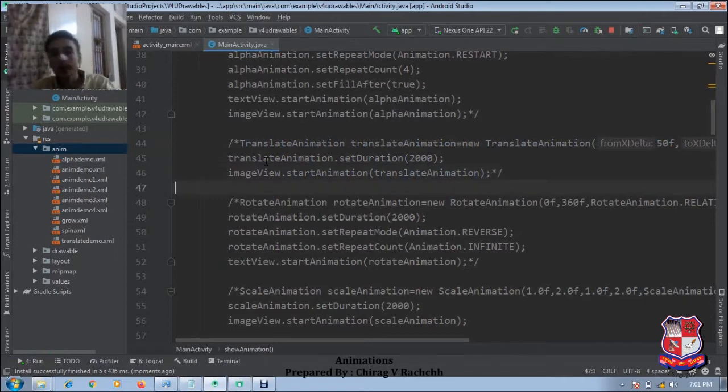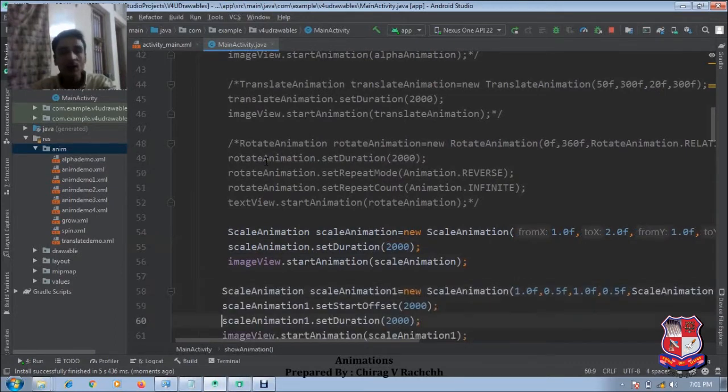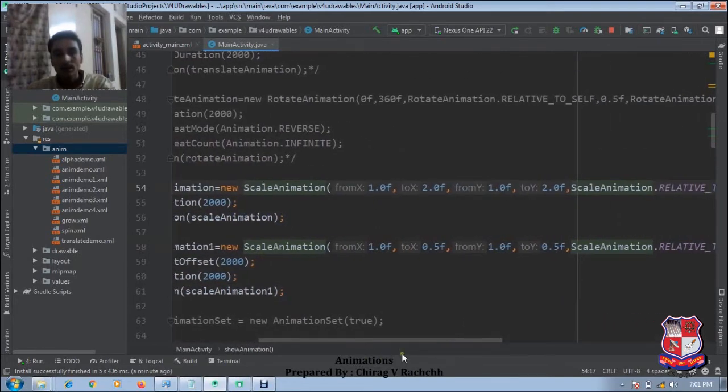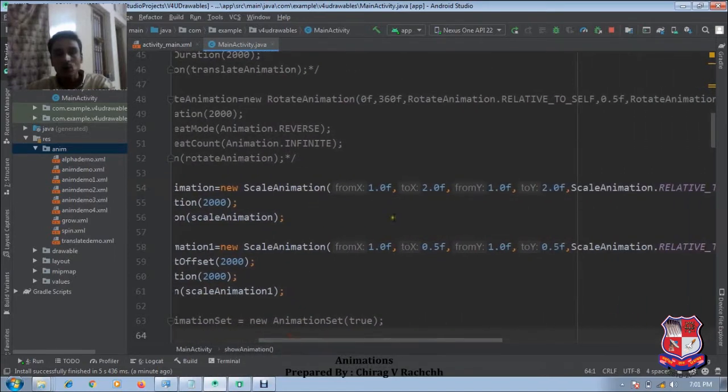Okay, moreover we can apply more than one animation together also, sequentially or simultaneously. So here the scale animation starts. The first scale animation resizes the object to its double.